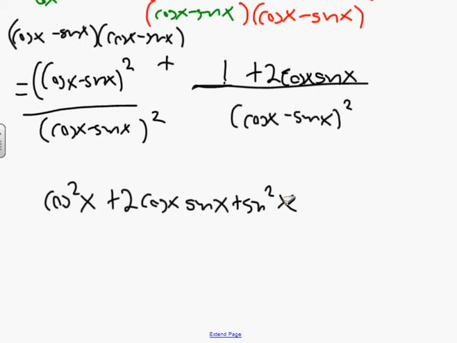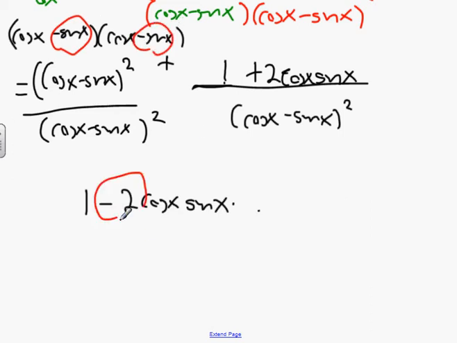Once again, the cos squared x and the sin squared x turn into 1. Oh, and it's going to be a minus 2 cos x sin x, because they're both minus signs here. As you can see, that's a minus there and a minus there, which makes that a minus 2 in the middle. Okay, and that's going to be plus this part here,